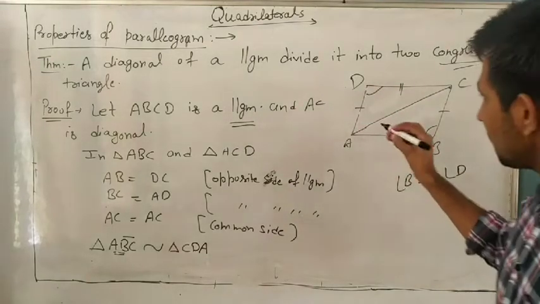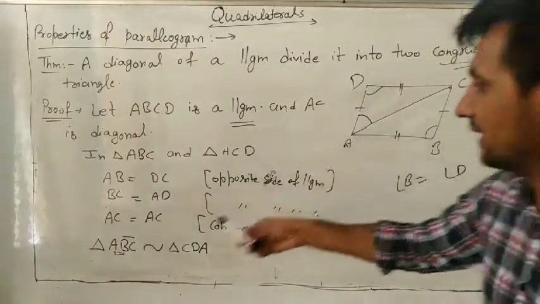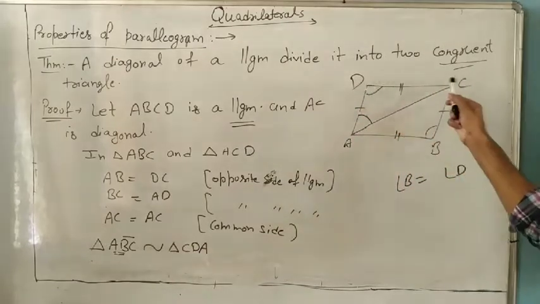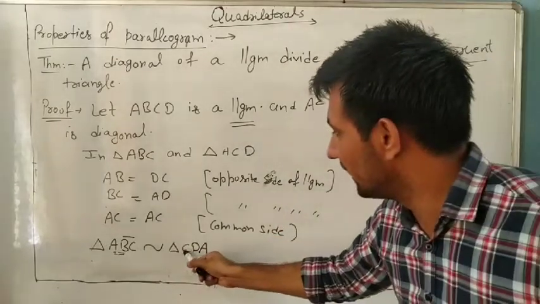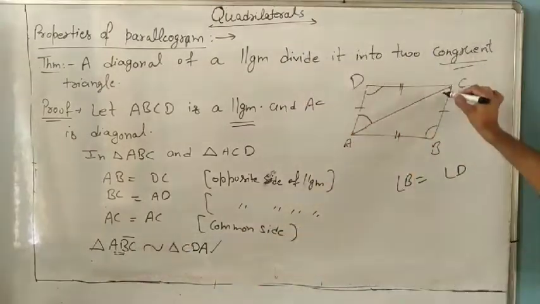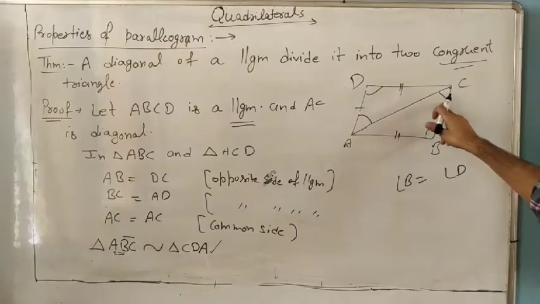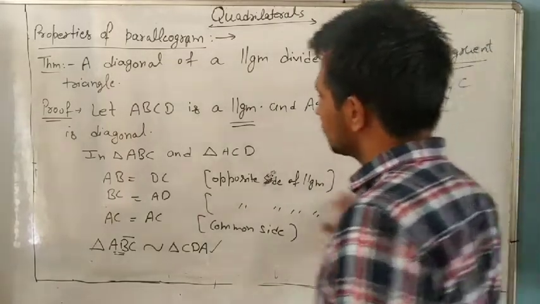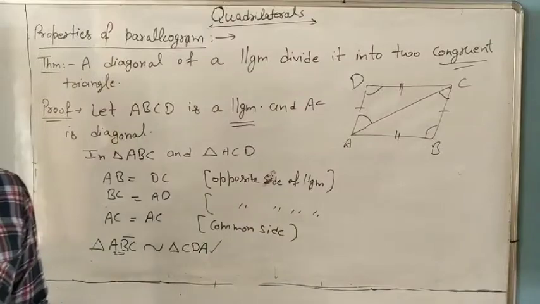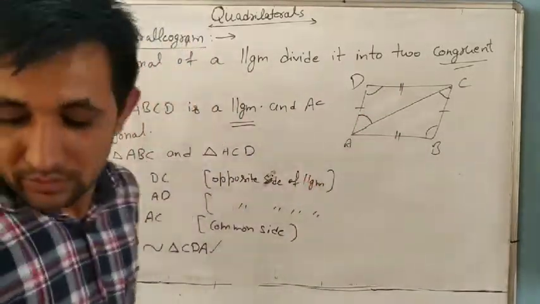Next, if I ask you in this triangle, this angle equal to angle DCA. So in DCA, A is last. What is last here? C. So this one equal to this one. Yes, understand or not? So these two triangles are congruent. Understand it?